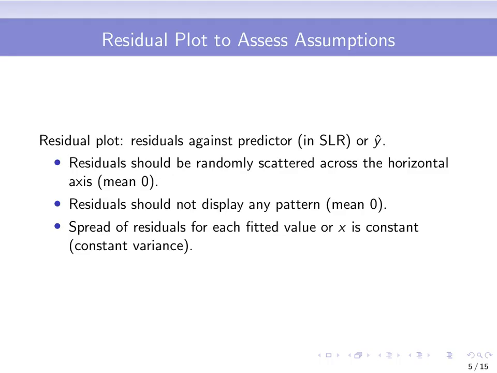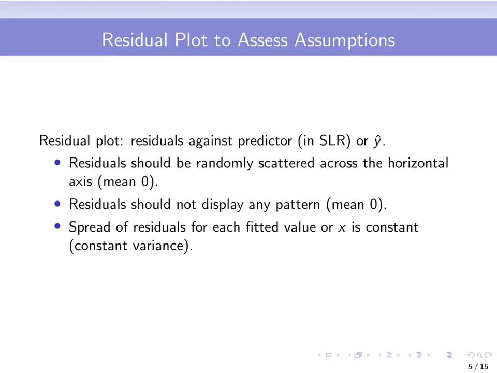When we go next into multiple linear regression, you have to use the fitted y on the x-axis. So some features we want to look for: residuals should be randomly scattered across the horizontal axis because this implies that the average is 0 for each value of x. Residuals should not display any pattern. That's also another thing we want to look for, and if that happens, then on average the residuals are